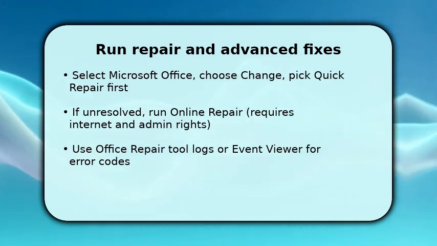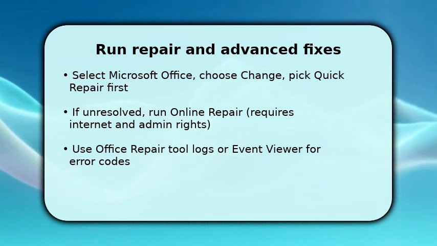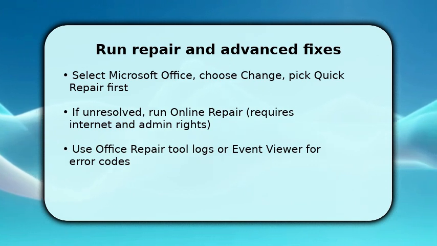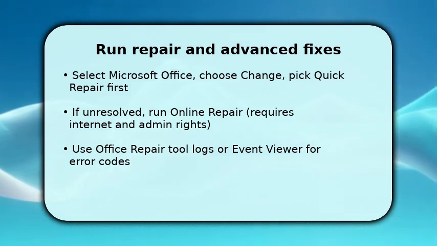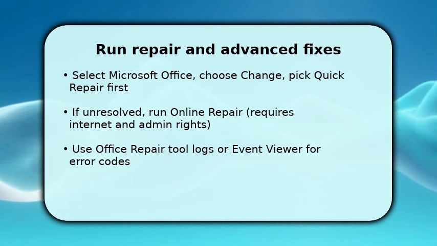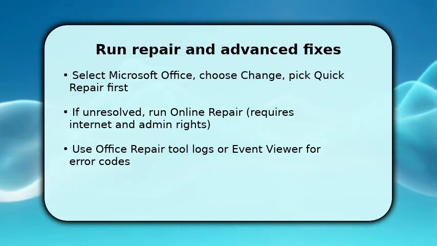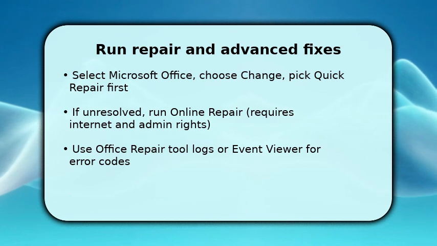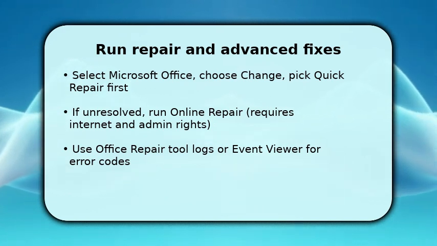This requires internet and admin rights. While that runs, monitor progress and note any error codes. If you see failures, open Event Viewer or the Office repair logs to capture exact messages so you can target the specific issue. You finish by restarting the PC so repaired components load cleanly, then sign into Office to confirm activation